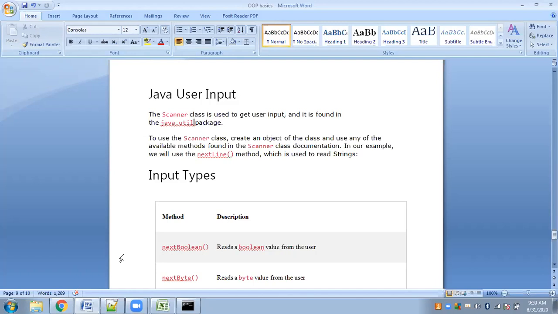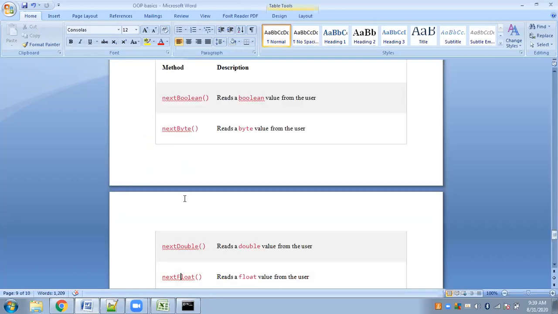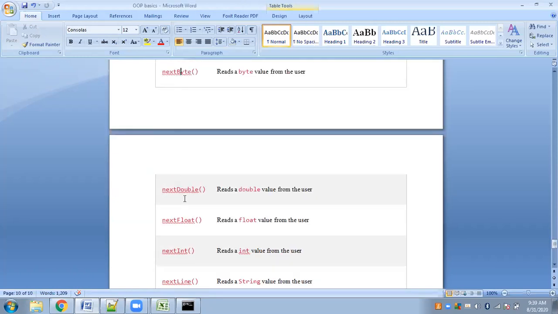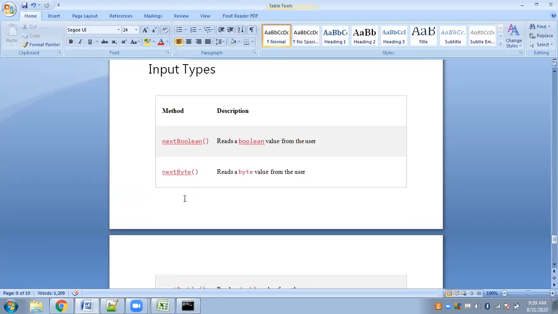So using the Scanner class, we will give user inputs. The Scanner class has various methods, and this table represents those methods that belong to the Scanner class. First is nextBoolean, which reads a boolean value from the user.